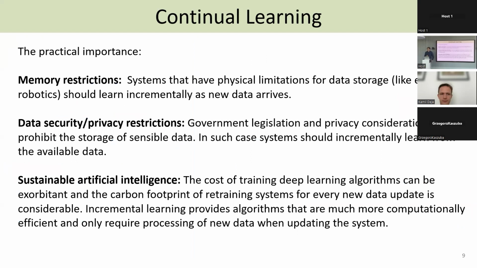Why would one do continual learning? Often this is a restriction from the setup. There could be memory restrictions. Your device might have limited memory, so you just cannot physically keep all the data you see, maybe in robotics. There might be privacy restrictions, so government legislation might not allow you to store the data for longer periods. And then the last point, maybe sustainable artificial intelligence. Continual learning is an alternative to training from scratch, and training from scratch could be seen as a very inefficient way to train because you throw away all your previous knowledge. This bottom point is now starting to be taught to people in continual learning.